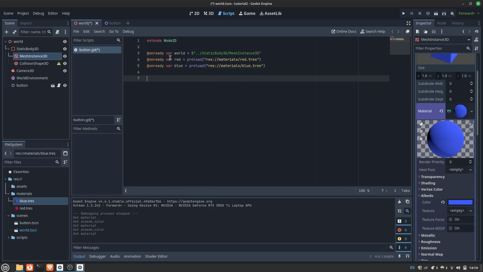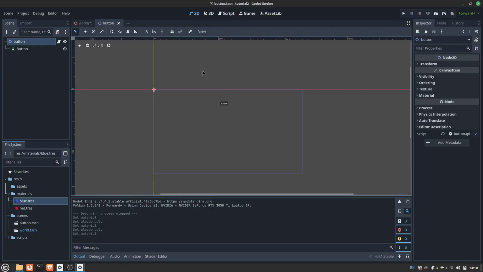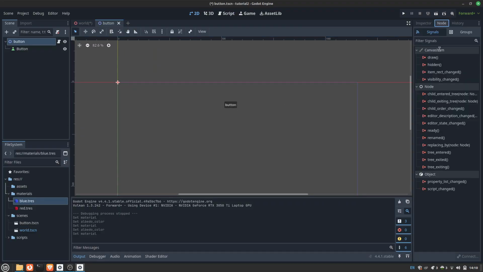So now our button kind of knows what the world is, what the color red is, and what the color blue is. Now, let's start making the button work. So let's click on our button, come to node, here. Come to node, click